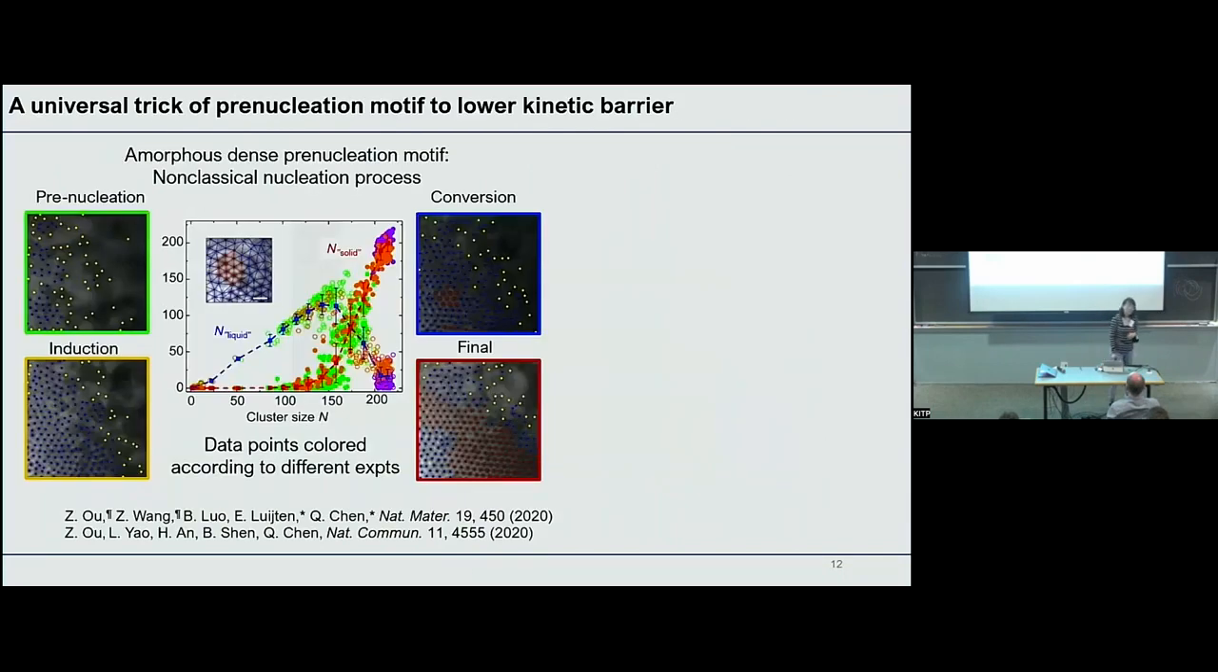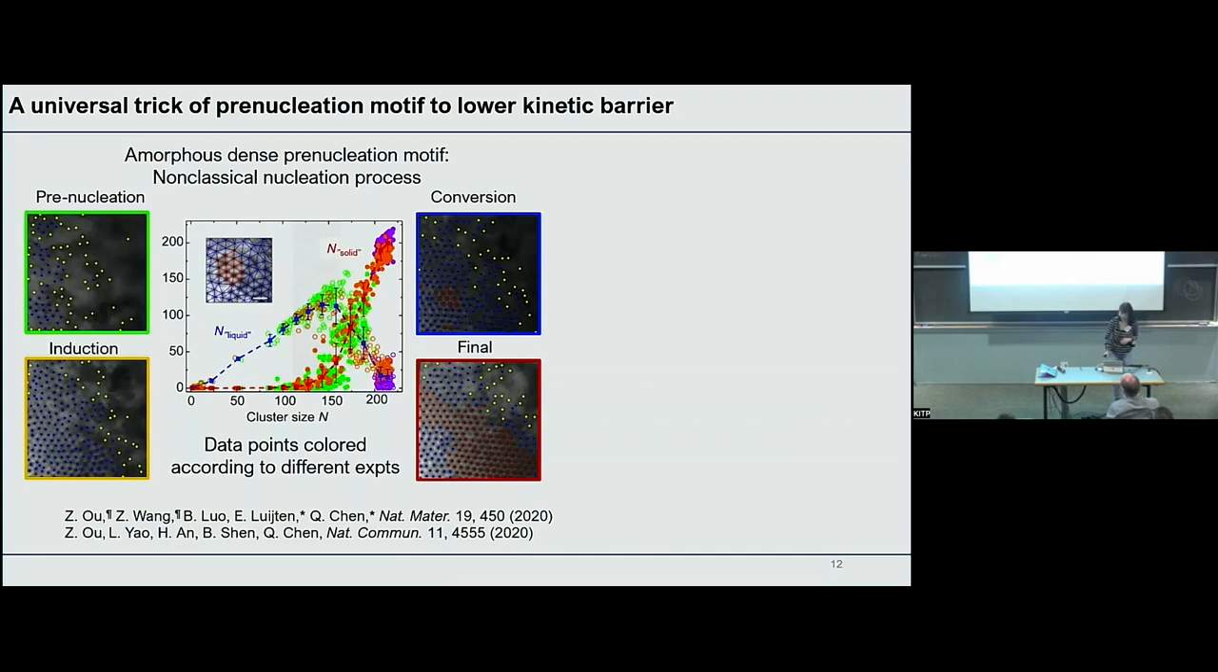After this, we can go back and label our particles with different colors. We have the yellow particles at the very beginning. We have the final red crystallite. We also have the extensive blue region, which corresponds to this dense amorphous pre-nucleation motif. In our later work, we show that the presence of this dense amorphous pre-nucleation motif can actually lower the energy